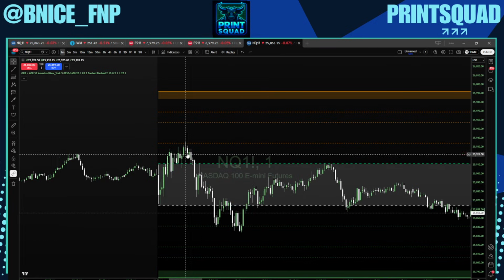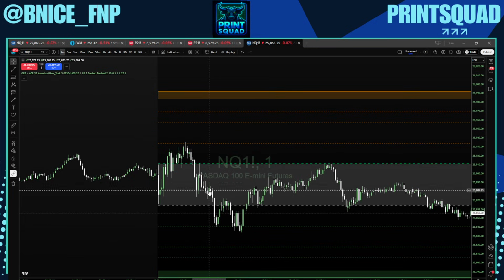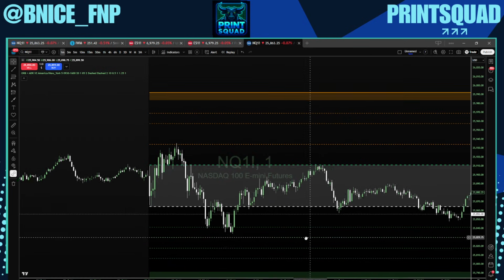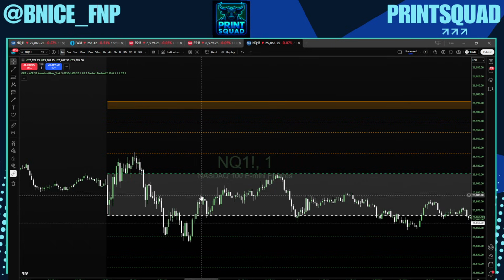And then we had a break and retest of the ORB high. Now, the better move was obviously the rejection of the ORB high going into the break of the ORB low. But there's so many different ways that you could play the ORB. Another example of playing the ORB right here is we had a break, retest, and then we had a break and retest of the ORB low, and you could have played it to the 50% point or to the ORB